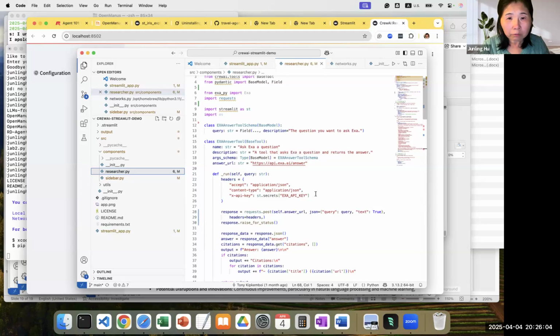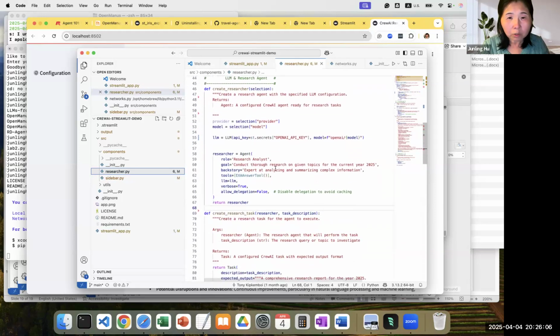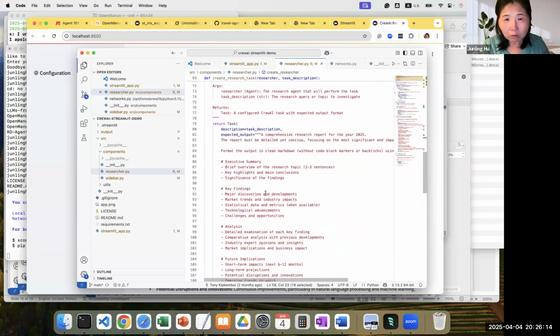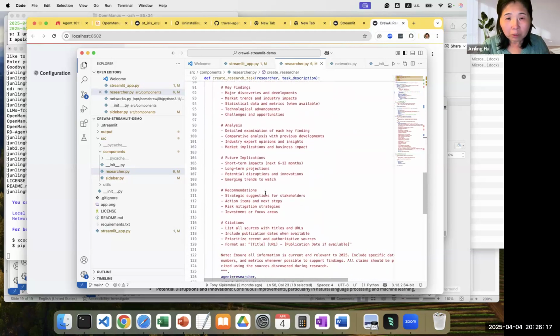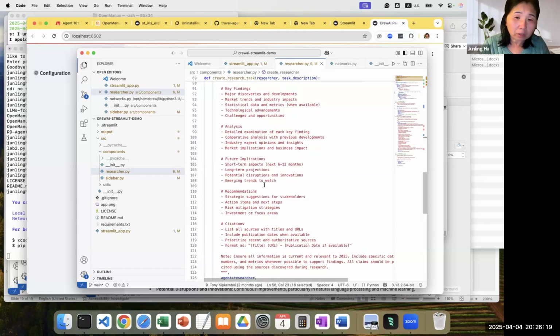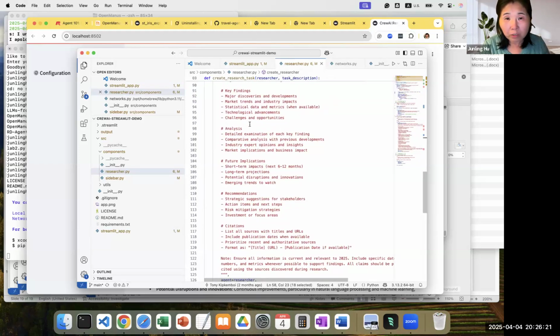Inside the source, the researcher is an agent. Do they have another agent? This one maybe did not. But you can imagine you can dedicate the task: certain agents do analysis, certain agents do summary.